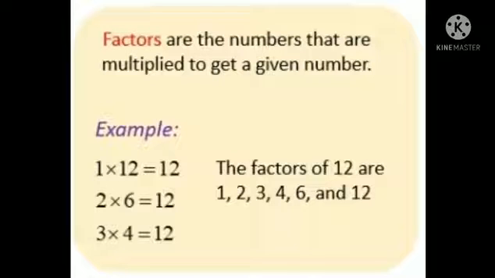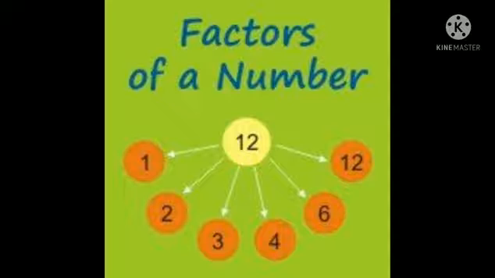In simple language, you have to keep in mind that if it is asked to find out the factors of a number, what you have to write down is in which table the given number appears. For example, over here it is given 1 multiplied by 12 is 12, 2 6 is 12, 3 4 is 12. Means what are the factors of 12? Factors of 12 are 1, 2, 3, 4, 6 and 12. Means 12 is there in all these tables.